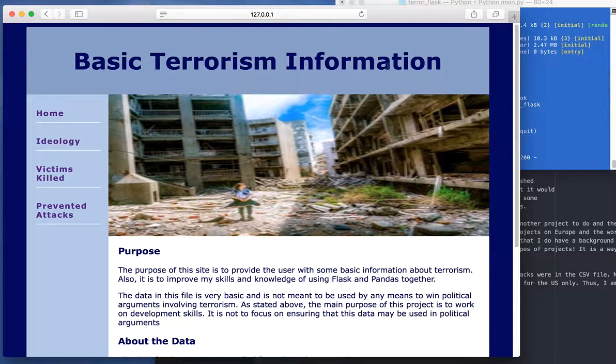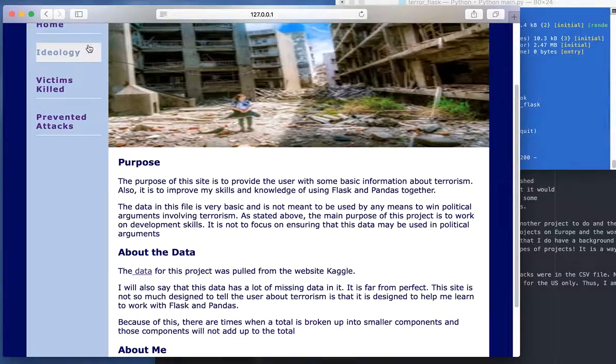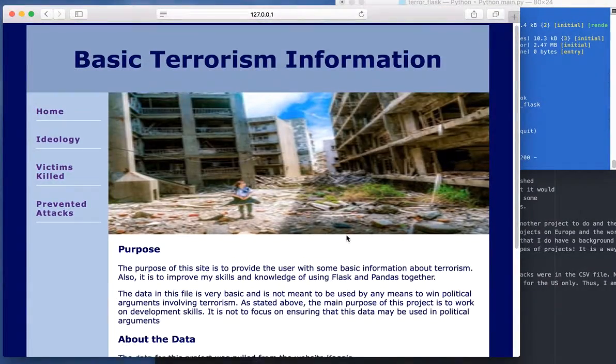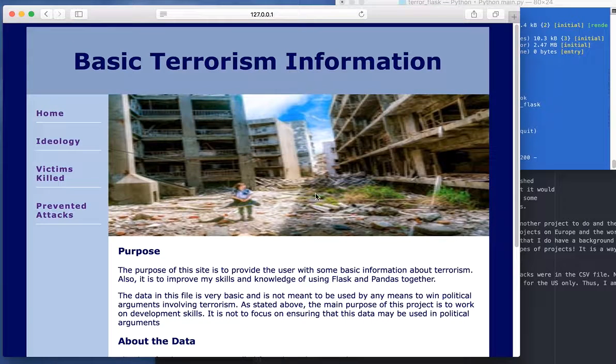I also have to say that I tried to coordinate this with my web development class, using the same topics that we're learning in web dev to kind of pound them home for me. And I apply those skills to my project here. Having the nav bar over here and this two column layout with the nav bar and then the main elements is something that I actually never really knew how to do